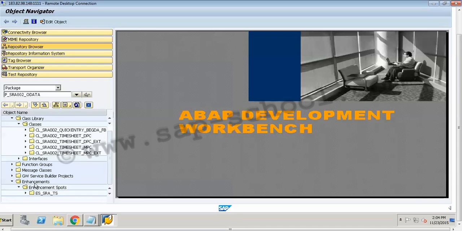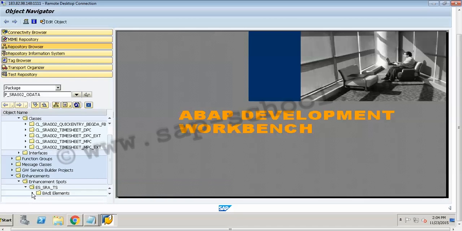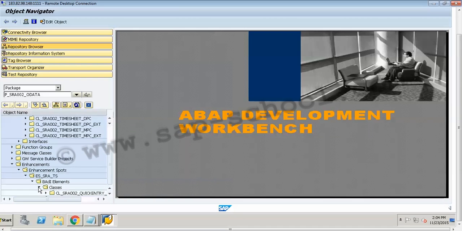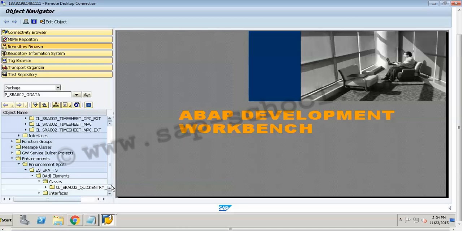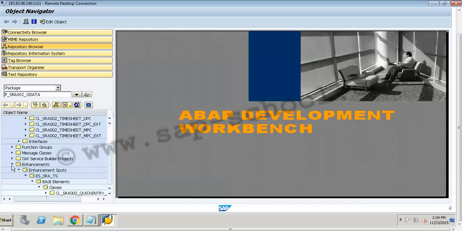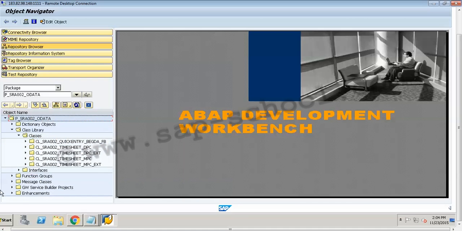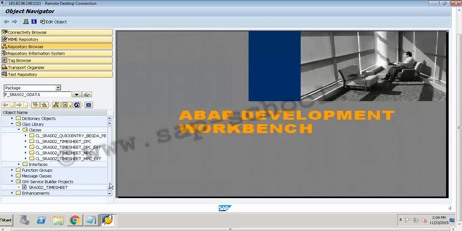If I expand the enhancement spot, I will be able to see the BAdI element associated with it. Similarly, we can check the gateway service builder project associated with this service. So we have the gateway builder project SRA002_TIMESHEET for this.